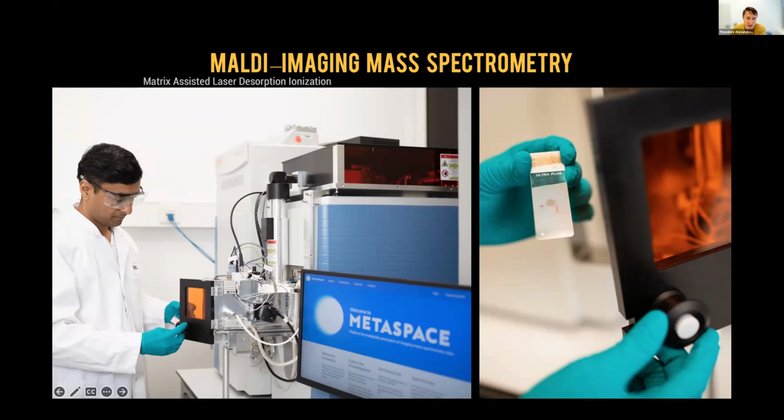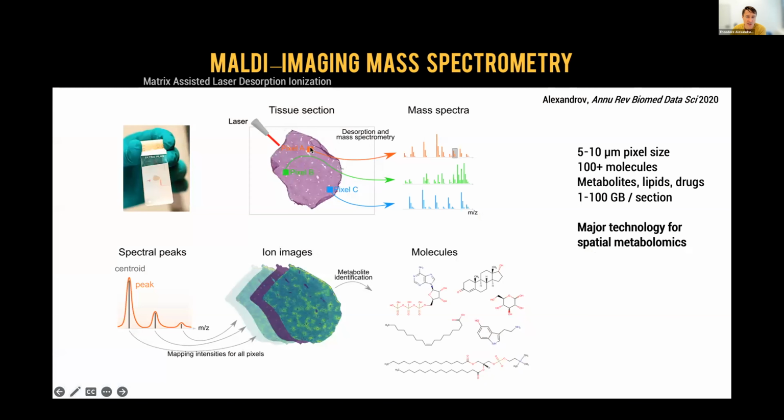which places it here, then afterwards puts it into this chamber, closes the lid, and what happens next is the laser will start shooting at this location, then moving the stage to the next location. And when the laser shoots at a particular location, there is a sort of micro explosion happening on the tissue surface. Molecules fly off, they get captured by the mass spectrometer, by vacuum, and they get actually detected there, so that